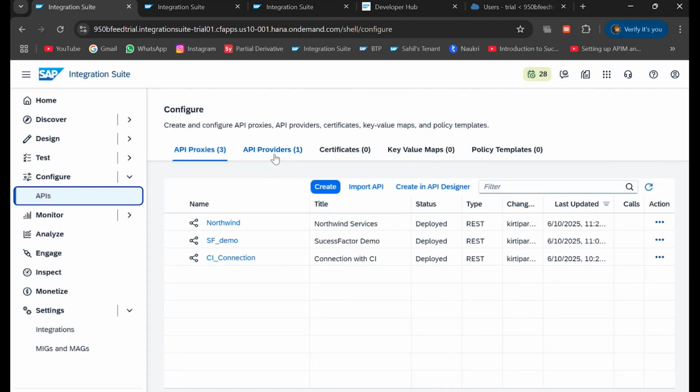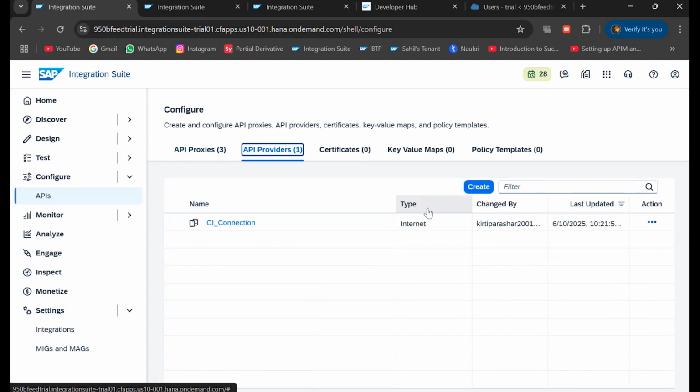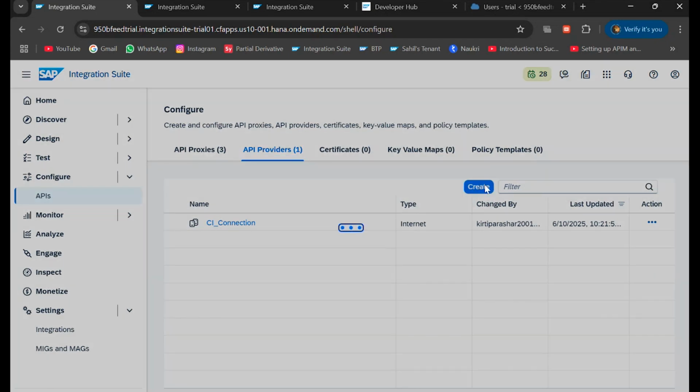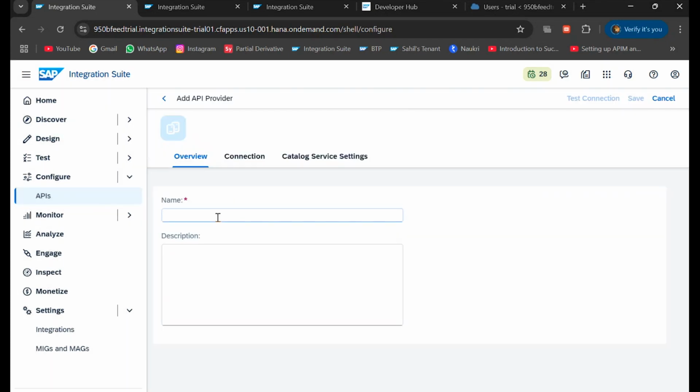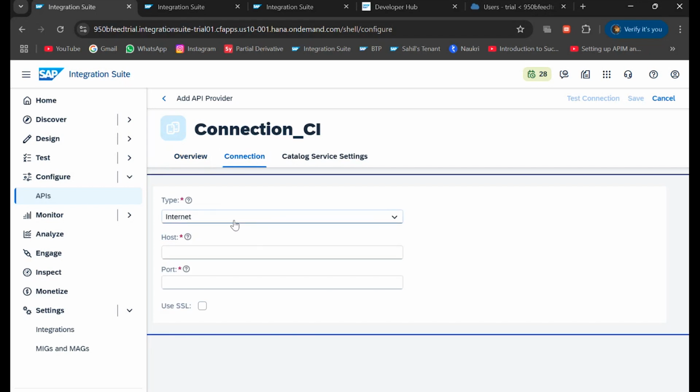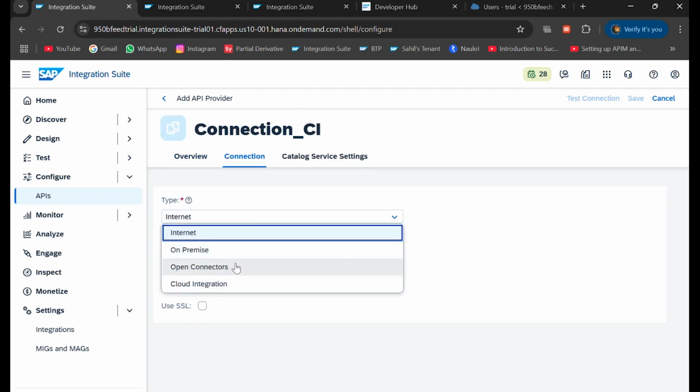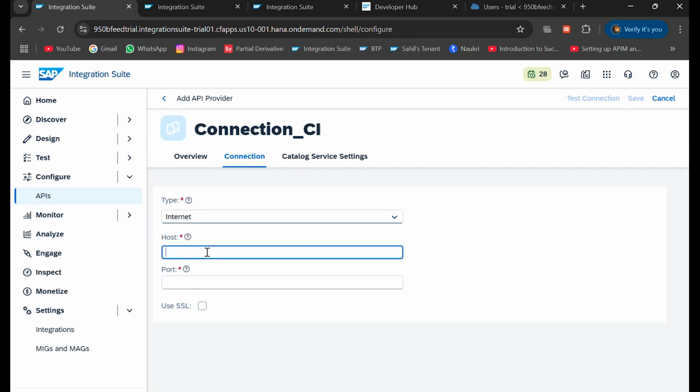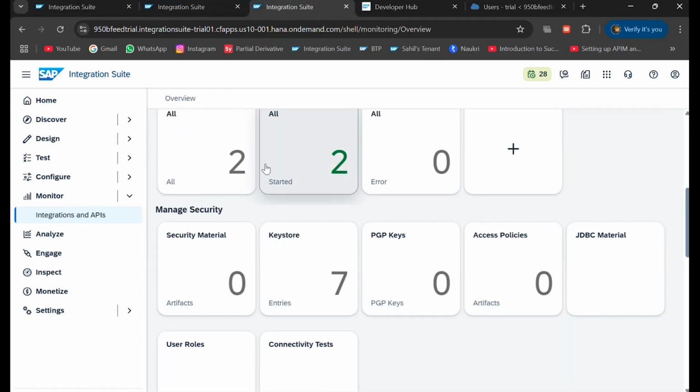First we create a provider for our proxy. As you can see, you can go to create. Like I said, when we deploy, we can give some name to it. In connections, we have different options like on-premise, open connector, cloud integration. We are going with internet. Here we can add our host. So our host in this case will be